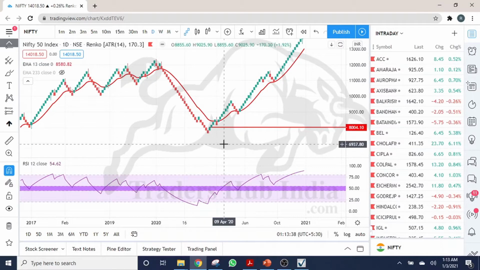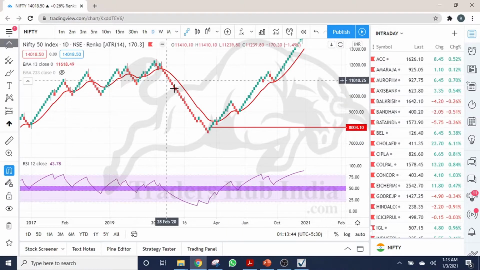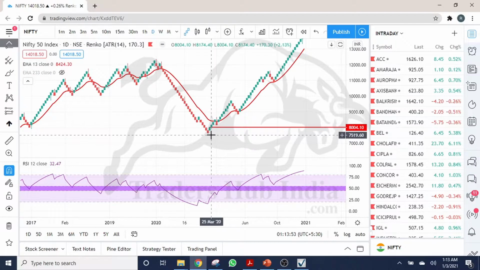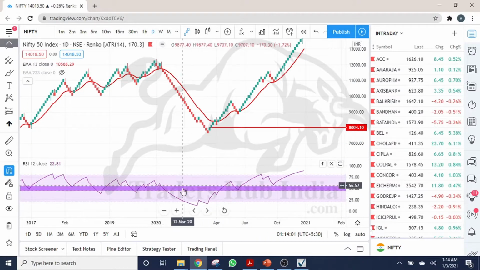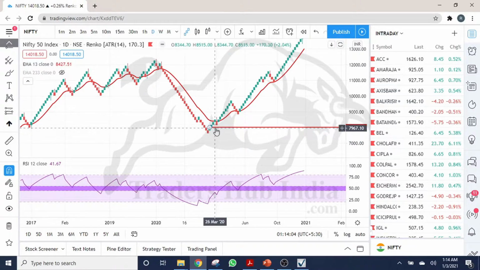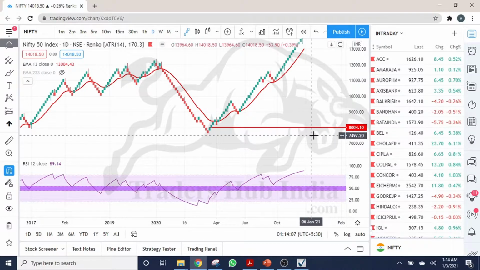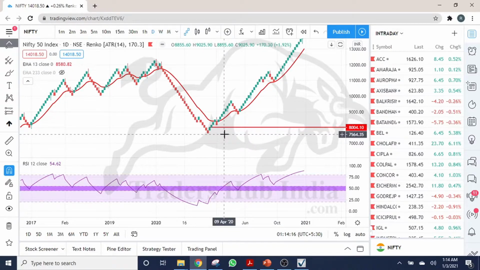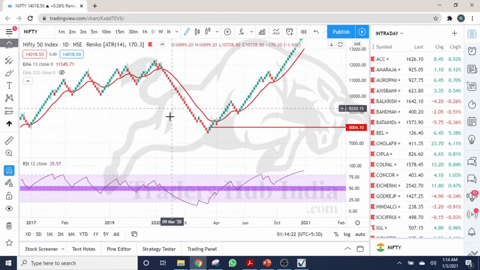Among all other charts, I prefer to use the Renko chart for positional trading. If you notice the Renko chart when the Nifty was falling to 7,600, and if you see the RSI showing the positive divergence, with the Renko chart when we see the green brick, we can buy above the green brick. So we have a positive divergence along with the green brick high, and we can buy. If you notice, we got the Nifty buy at the 8,000 level. But in the market, all the experts and others spoke that Nifty will come to the 6,000 level, but that is not true. So for this purpose, we use the Renko chart.